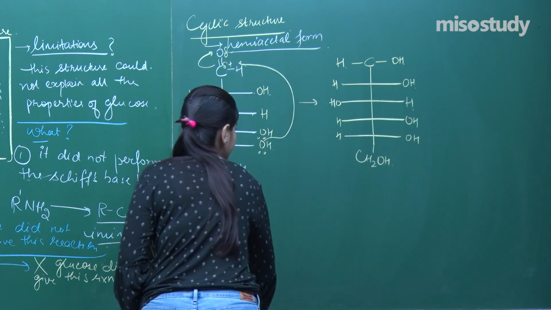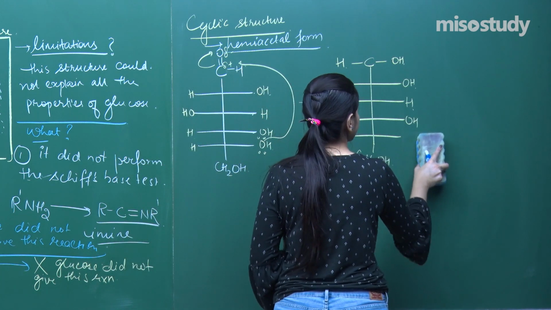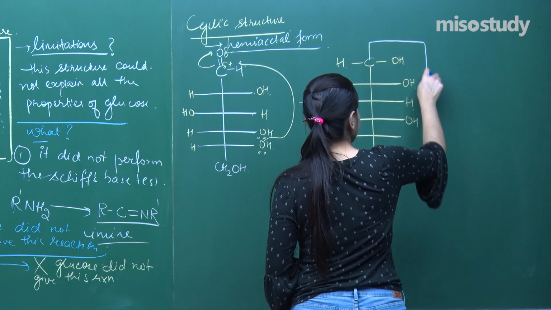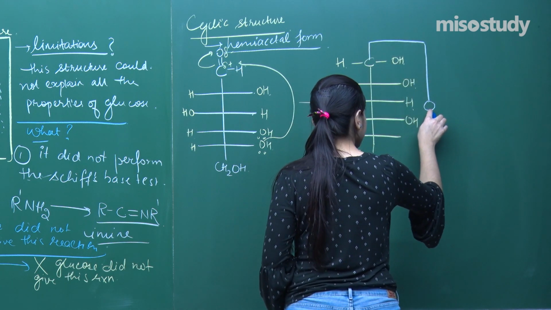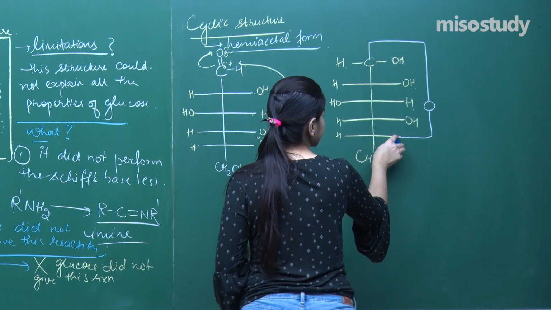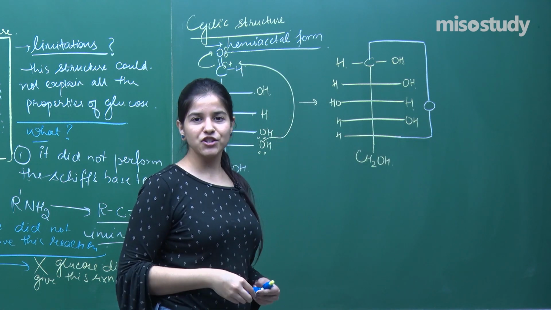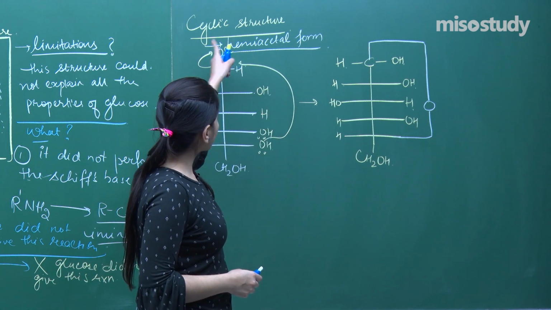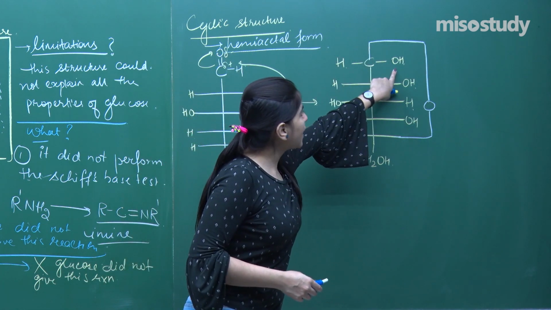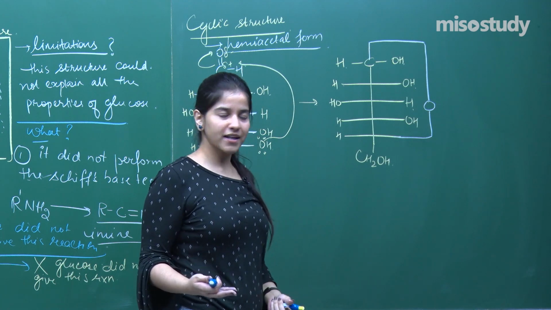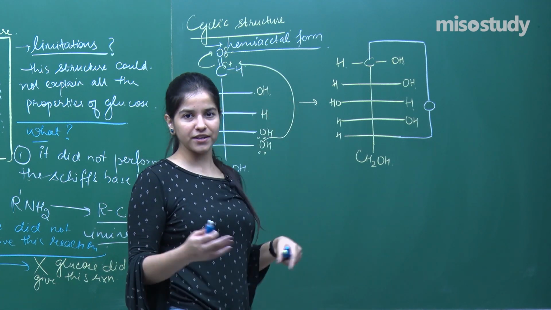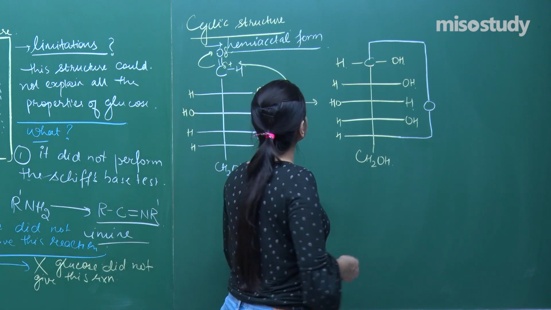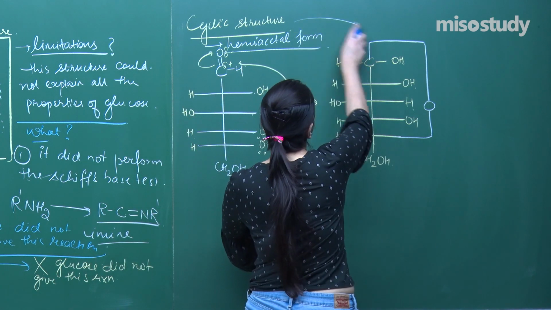Yes, the connection. So, let us remove that and make the connection over here. That is the connection and that is the cyclic form for the glucose. I hope everybody has got it. So, that is how it got connected and I have one OH group formed again, right? You can perform this reaction very well. It is a very simple mechanism, fine. So, that is the cyclic form of glucose,